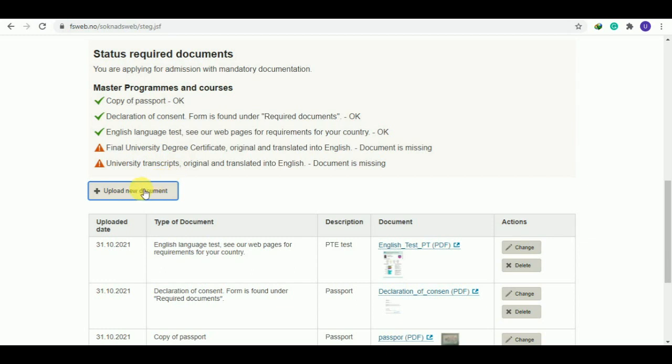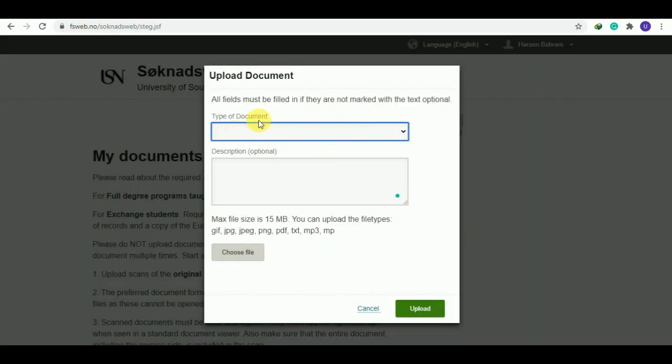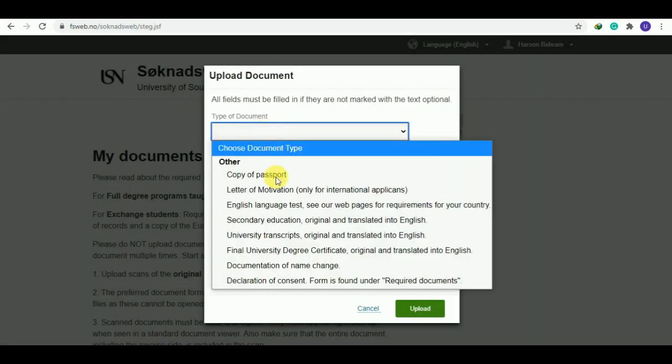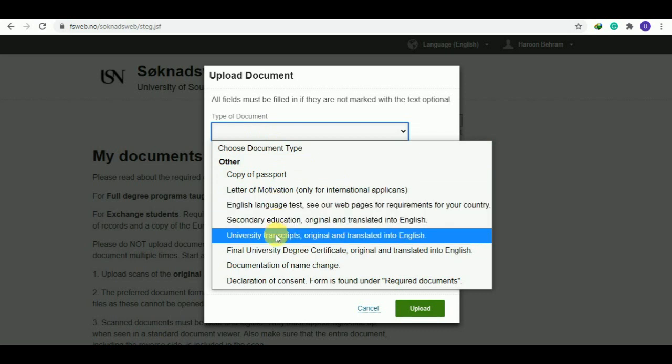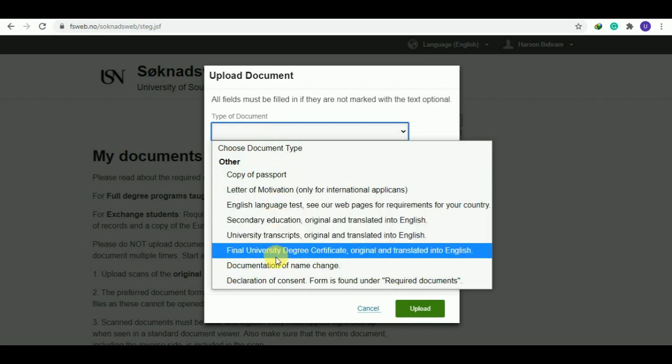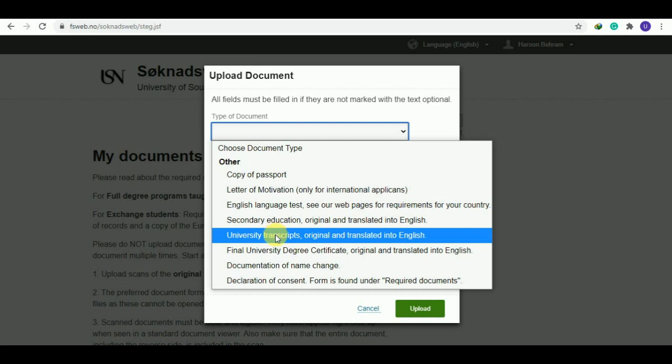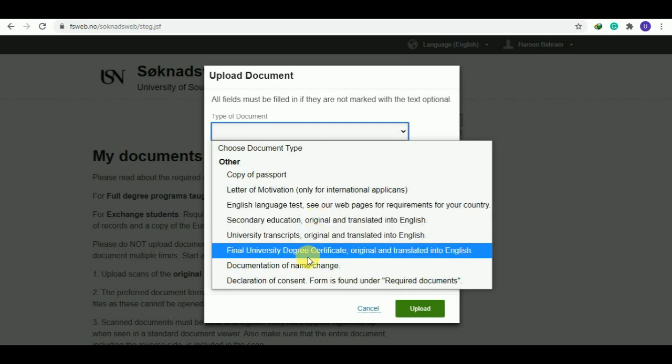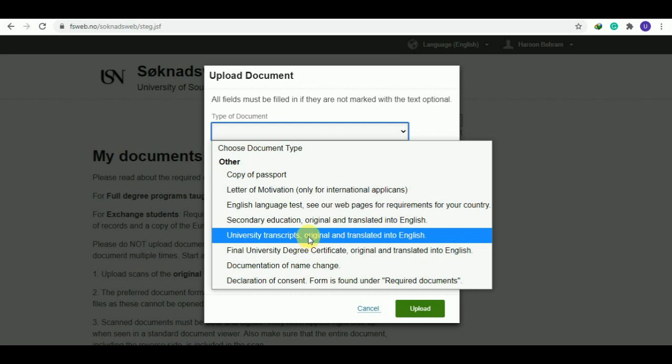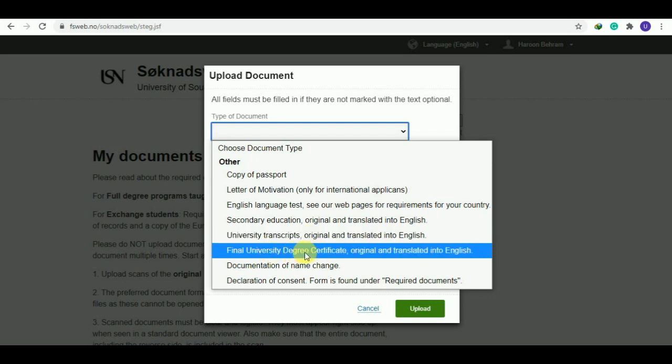Just click on upload new document, and for type of document you will find the university degree option, original and translated into English. I think you will click on this option, final degree, university degree, original and translated into English.